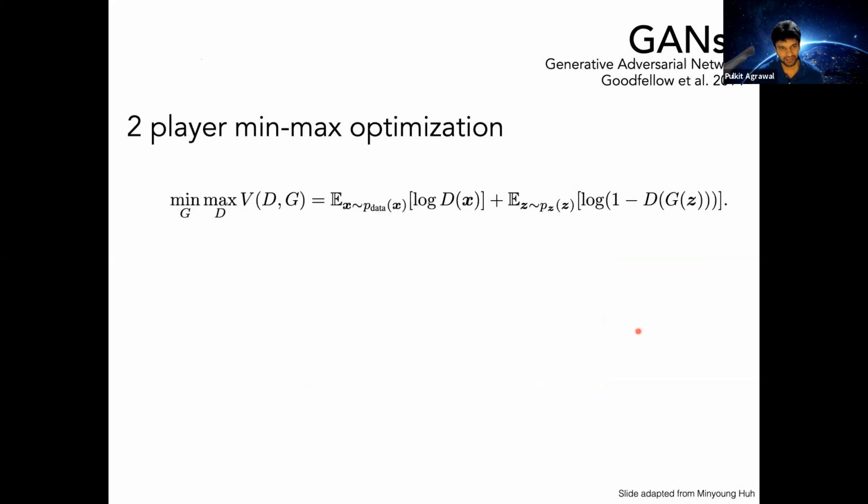So mathematically, how do we set it up? So it's a two-player min-max optimization, where D over here is a discriminator, right? And what we are sampling is, so P of data means the data set that I have. So I have some, say, sample of images, and what I'm trying to do is to say the probability of samples from the data is high, and the probability of samples which are being generated by the generator are low. So the generator is a network which takes in noise as input, which is Z, and outputs, say, an image. Discriminator takes the image as input and tries to classify or tries to